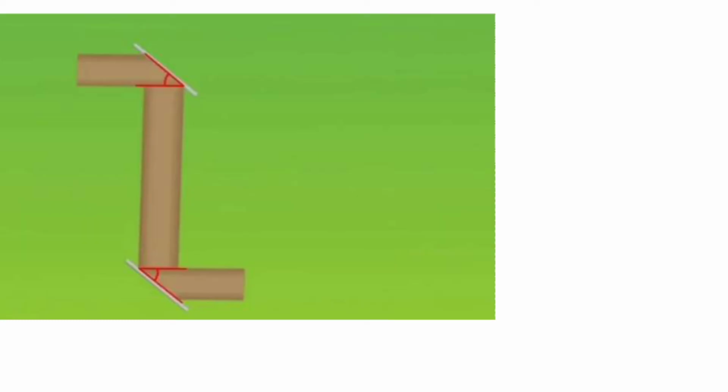Now let us come to the periscope. For making the periscope, you are going to take cardboard paper and make two slits in the top and the bottom side of the box.